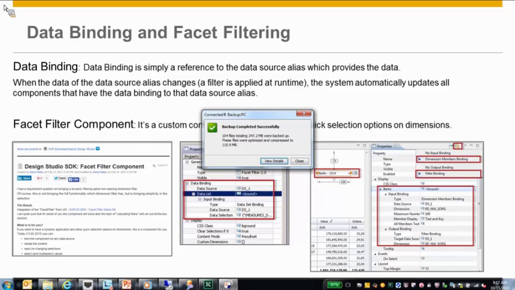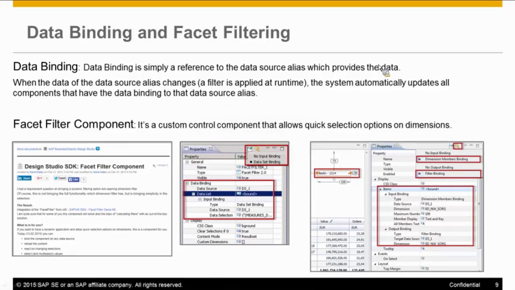will have the results. In the sense, if you are applying a filter to the data source 1, and if that data source is assigned to cross tab 1 and the chart 1, then all the filters which you have applied to the data source will be reflected on your chart, so that's the data binding feature. And in this